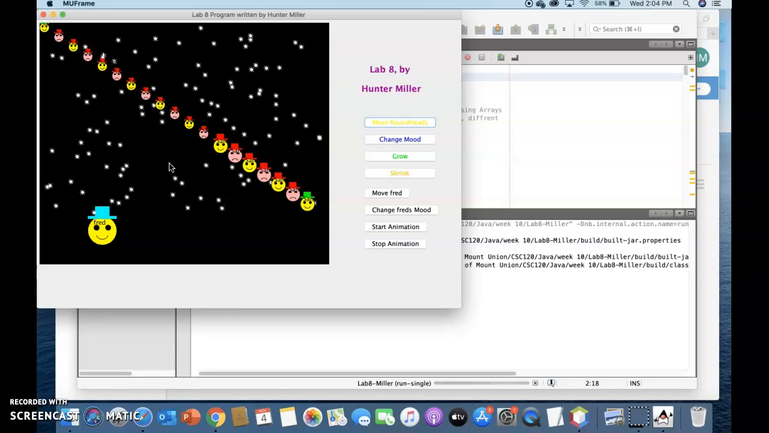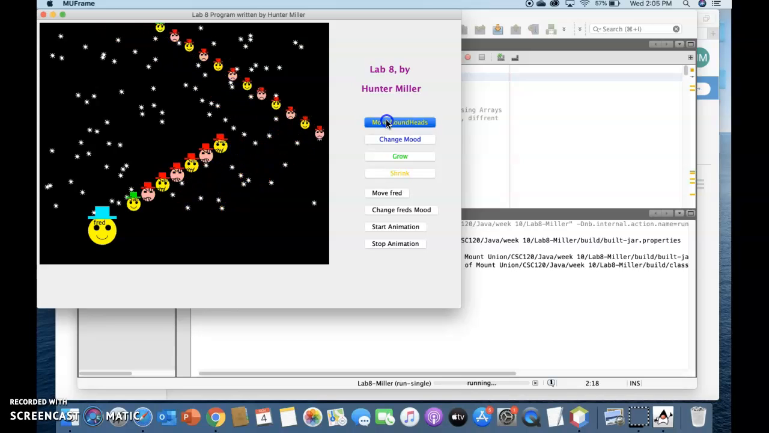In Lab 8, we have 19 roundheads declared here on the screen. They're down the line, happy, sad, happy, sad. The evens are all happy and the odds are all sad. When I change the mood, the odds are all happy and the evens are all sad. From this button I can change the mood. The roundheads move,